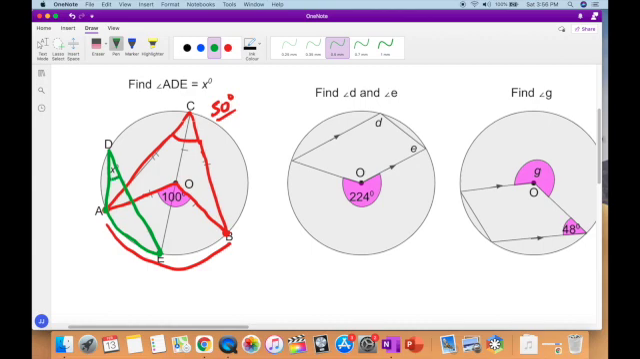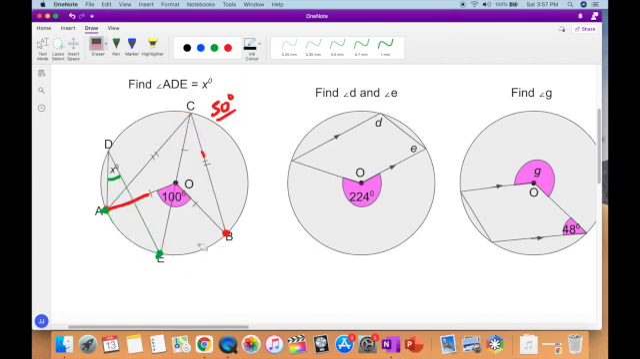So we have to look for another angle that is subtended by AE. And if we look at it, this angle here is subtended by AE, so therefore that green angle will be equal to X. You agree with that? Right? So therefore, since this is 50, if you look at it,